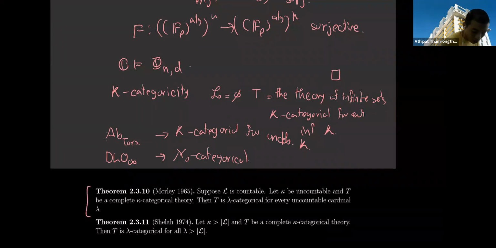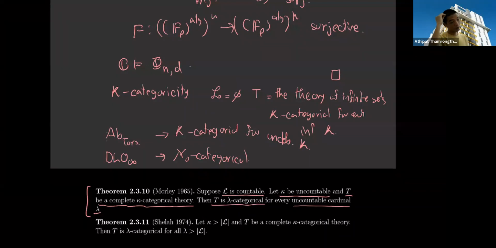That is a result by Morley in 1965. He showed that if your language is countable and kappa is an uncountable cardinal, if T is a complete kappa categorical theory, then you can show that for every uncountable cardinal lambda, T is also lambda categorical. Okay,